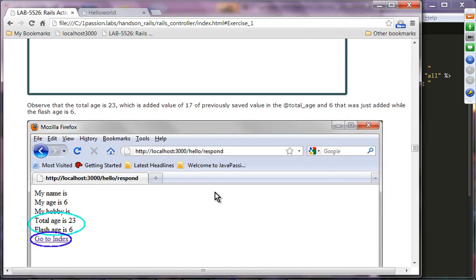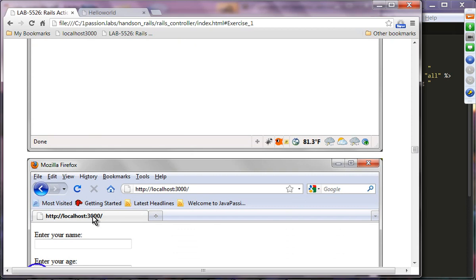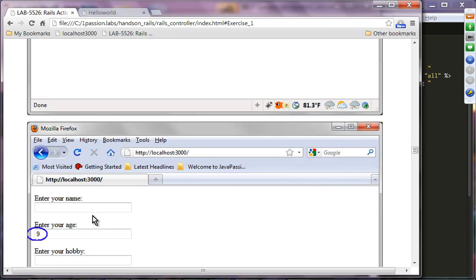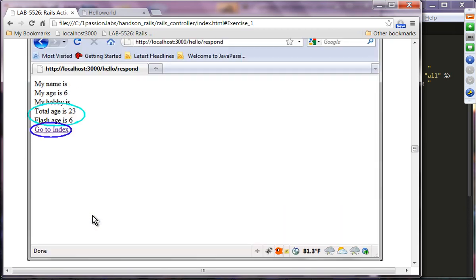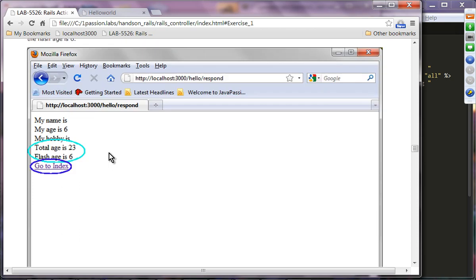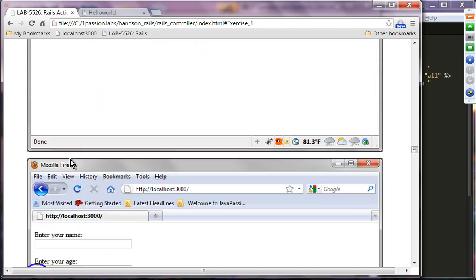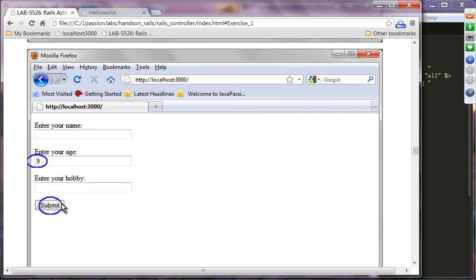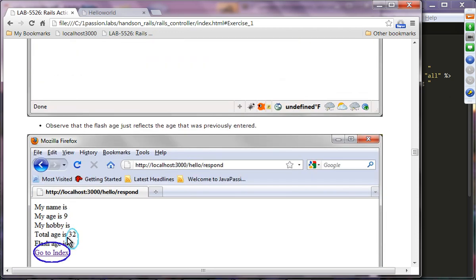And flash age is 6. Yeah, so at this point I think a step is missing. Now if you refresh the page, then flash age is supposed to be null basically. And then when you enter this one again, the flash age is 9, and then the